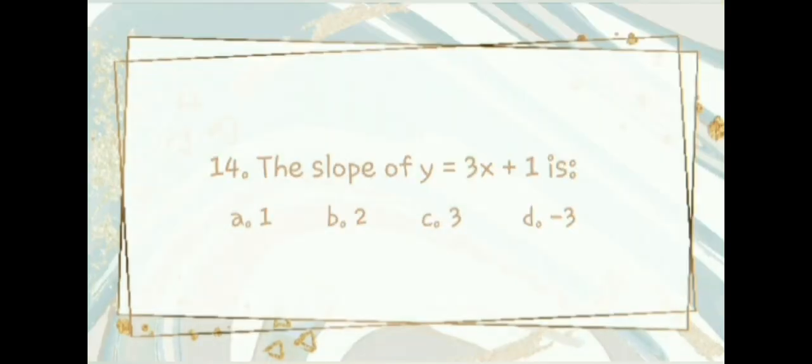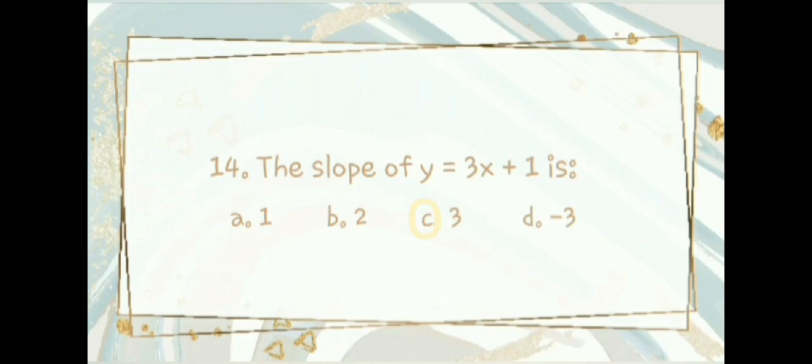Number 14. The slope of y equals 3x plus 1. So y equals 3x plus 1. This equation, class, we call a linear equation. This equation is already in slope-intercept form, which is y equals mx plus b, where m is the slope and b is the y-intercept. So what is asked again is the slope. So the slope is